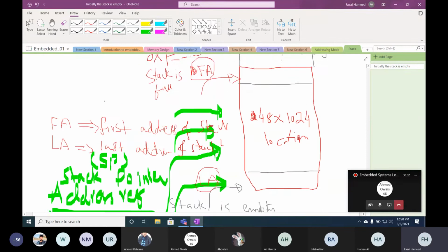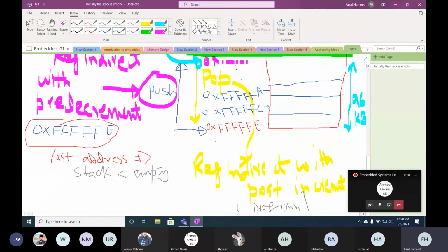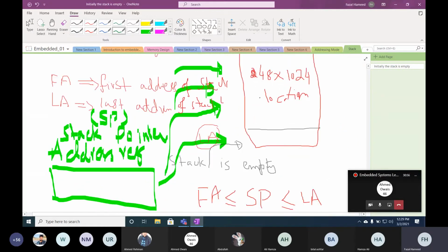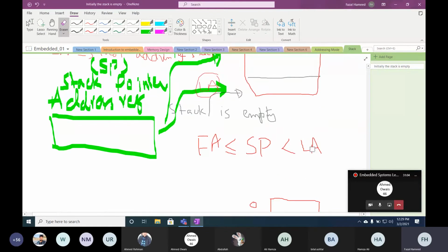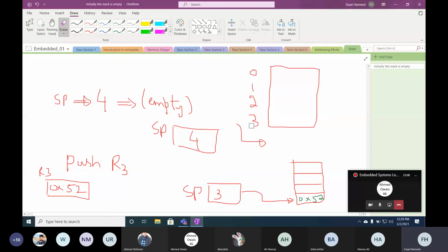So in the above example, I made a small mistake: the last address is not this. Actually, the last address is if we add 2 to this. So the last address is 0x000000123456 and 10. If you decrement 2 from this address, then this is the last address. So I can erase this. It's smaller than the last address, so the last address is actually this LA. Did you understand, son?